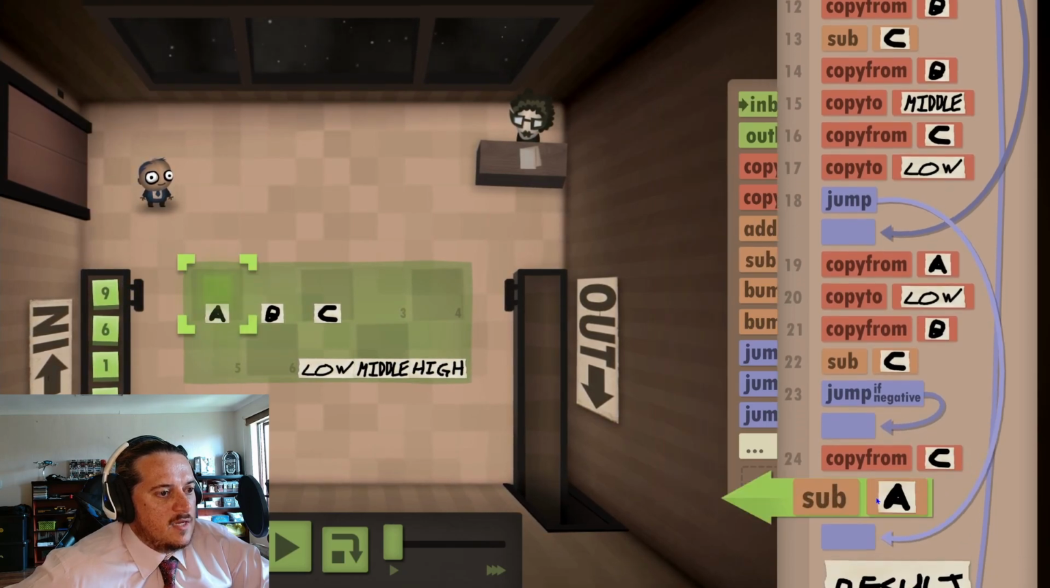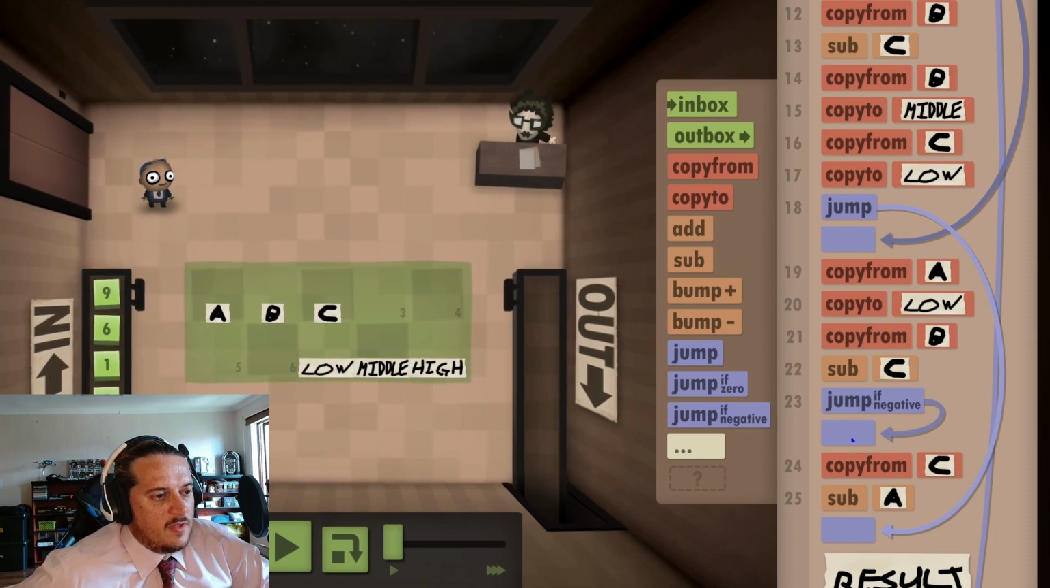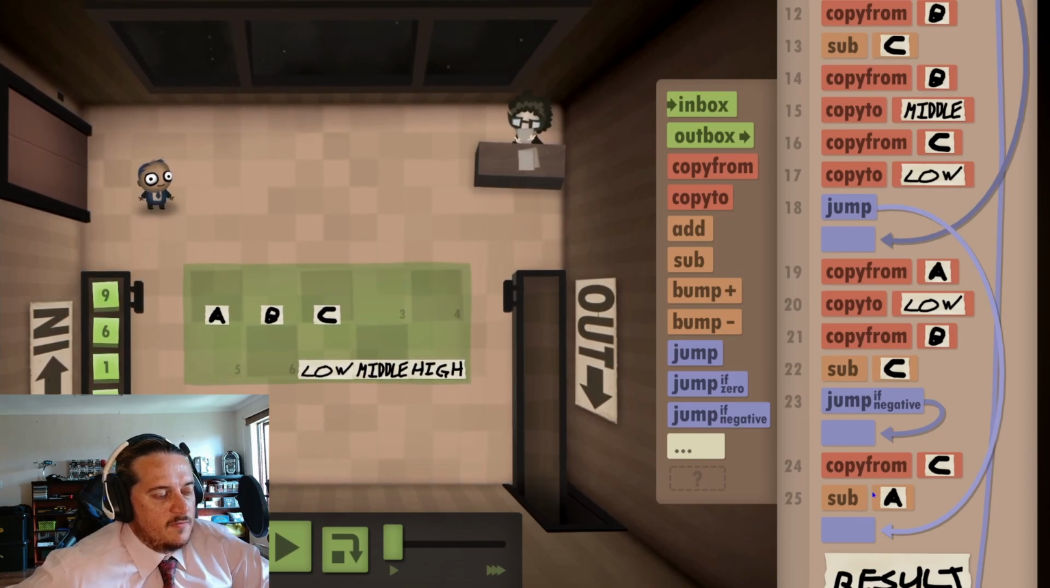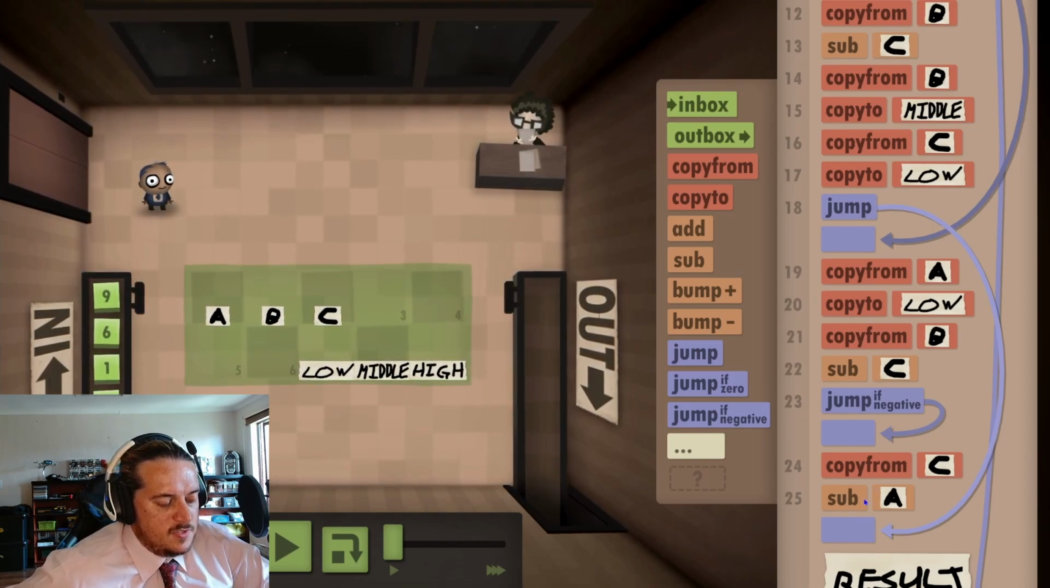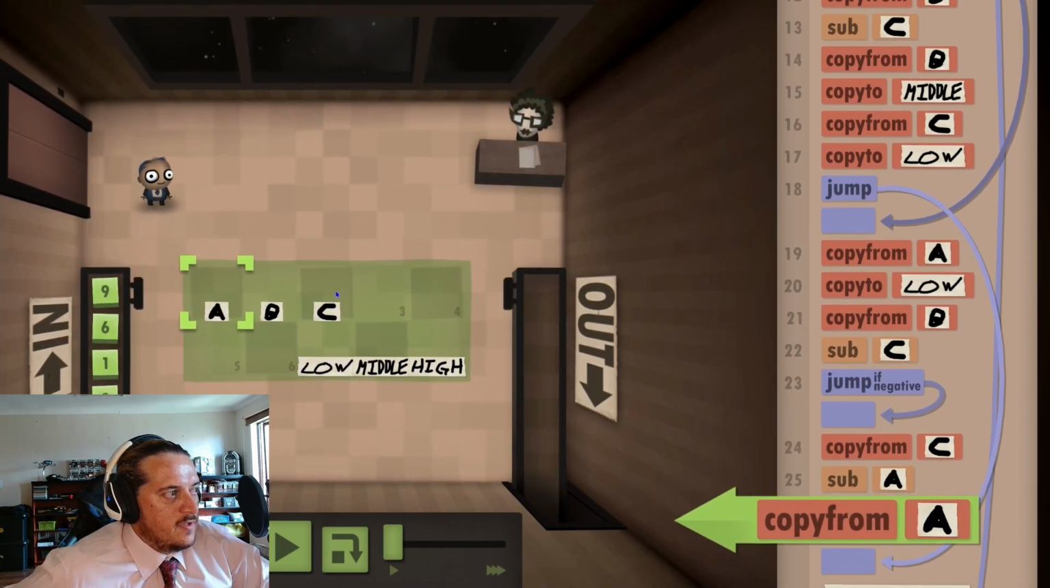C minus A. And then that's going to tell me that if that's negative, then C is smaller. So if that's positive, copy from C, C minus A. If that's positive, then it means C is higher than A. So then we're going to put C